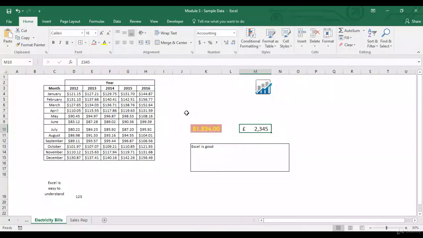But before jumping onto those options, let me just give an example of Format Painter again. I've got this format over here, and let's say I want to copy the same format of this cell to this cell. So I'll go to this cell, I'll click on Format Painter, and I'll go to this cell and then click again. So now the format gets copied automatically. Now let's say I've got this value also, and I want to again replicate the same format over here to these cells. I'll go over here again. Now I'll have to click twice.